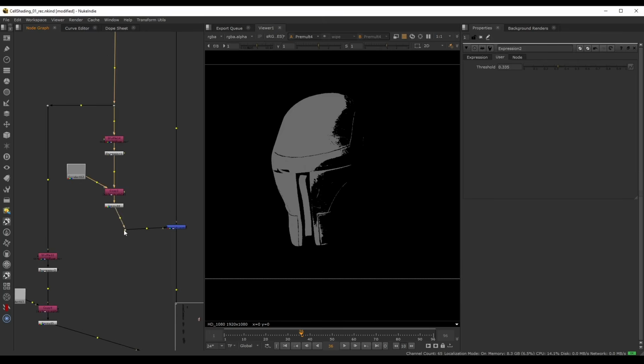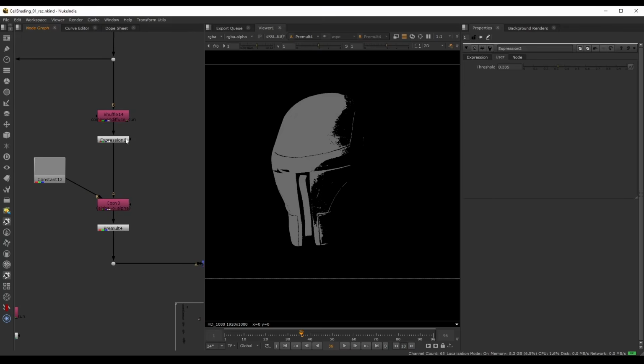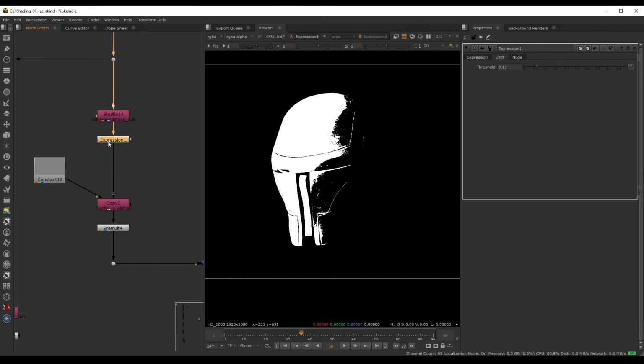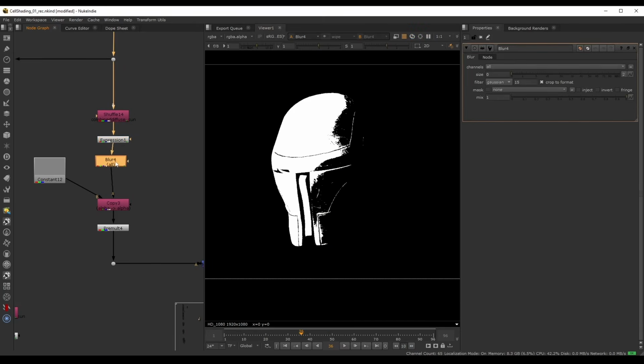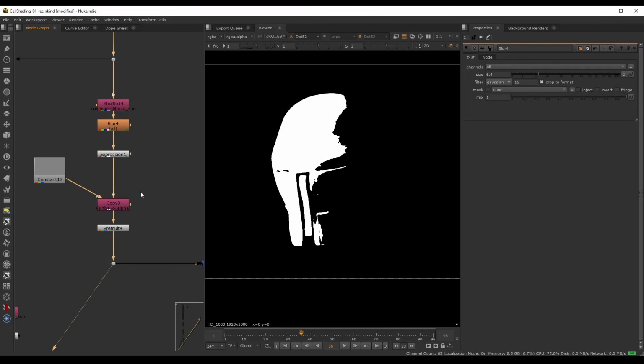And again, if I were to go to this first layer, what we can do is, for this expression, for our alpha channel over here, I can press B to drop down a blur node, and we can just increase the size. And we actually want to do this blurring before our expression, so we have this hard cutoff. So if I were to just disconnect this and place this over here, we can start to see exactly what's happening. Let's preview the result from over here after our pre-mold, and I'll press A so we can see this